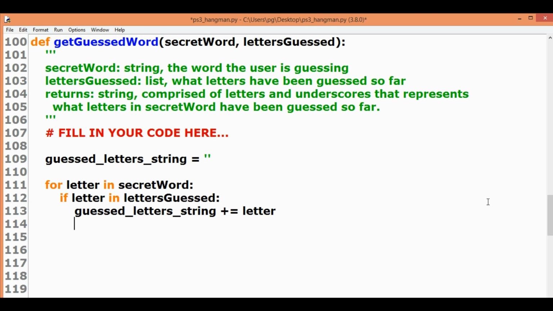If the condition is met, then we want to concatenate that letter to our guessed letter string so that we know that all letters have been guessed so far.